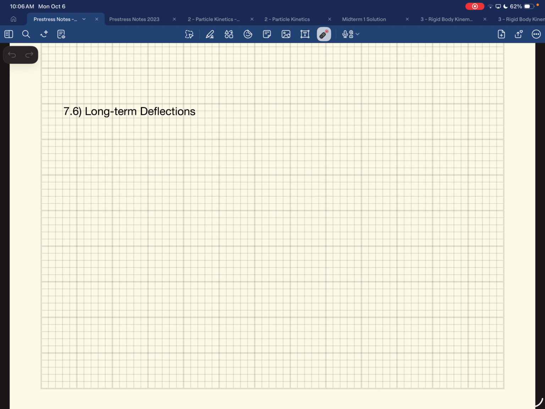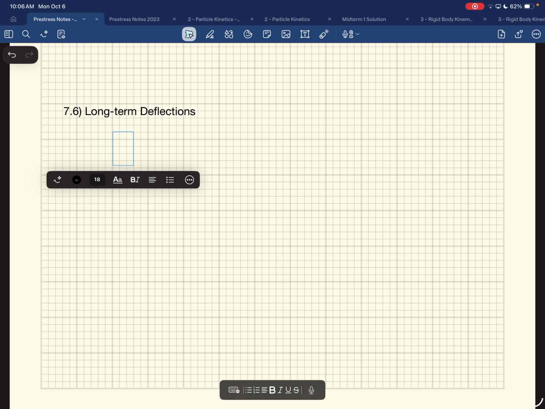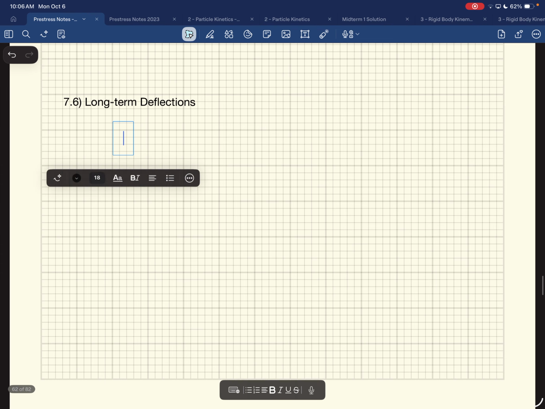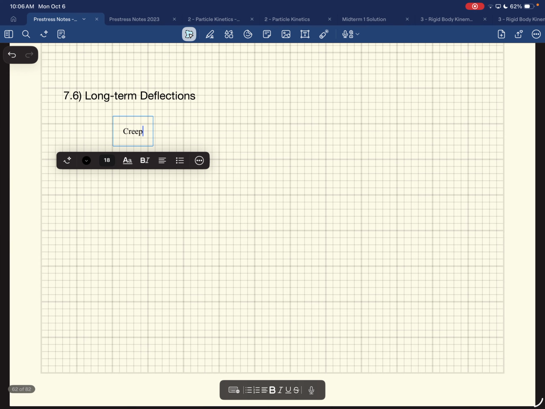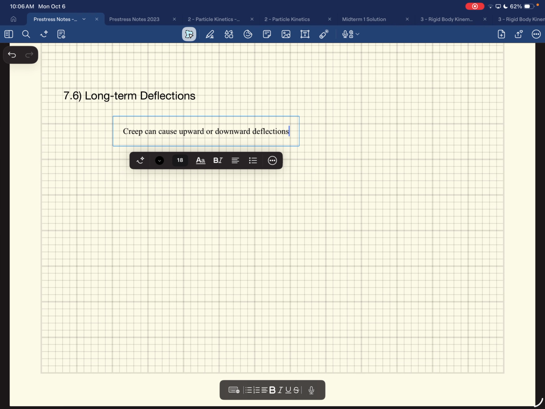So I just got a bunch of notes to write in here. That was my keyboard open so I could really fly. I'm sure you appreciate that. Creep can cause, just to show you the complexity of what's happening, downward deflections,